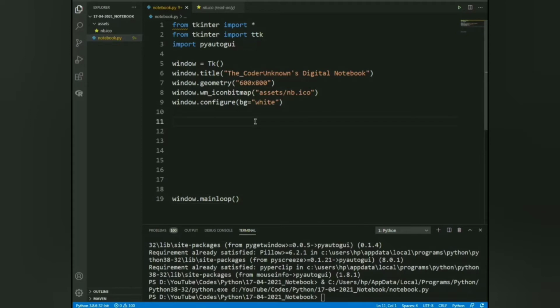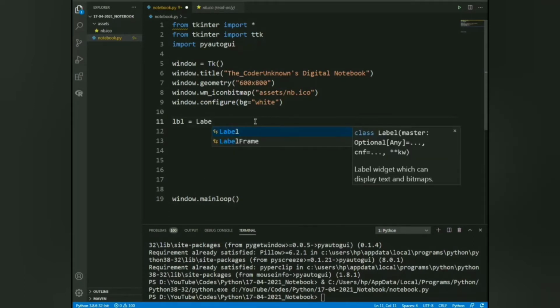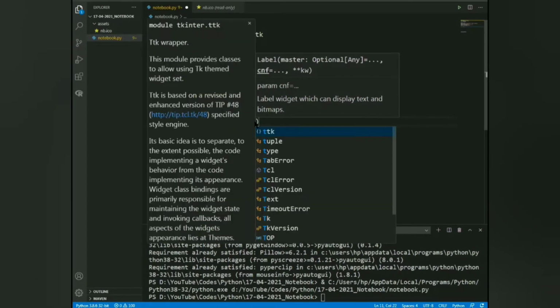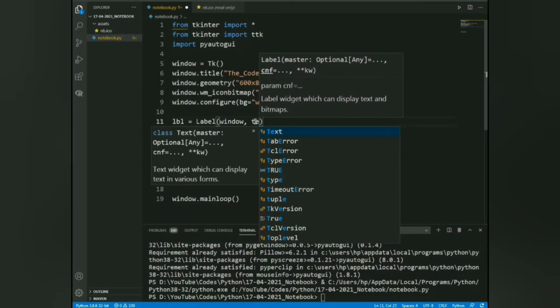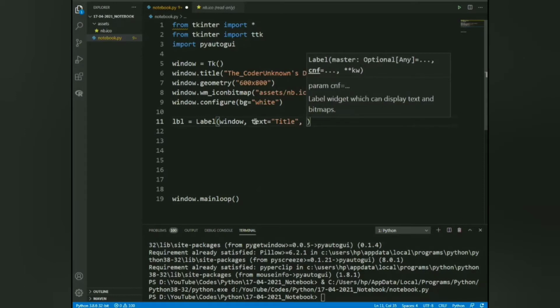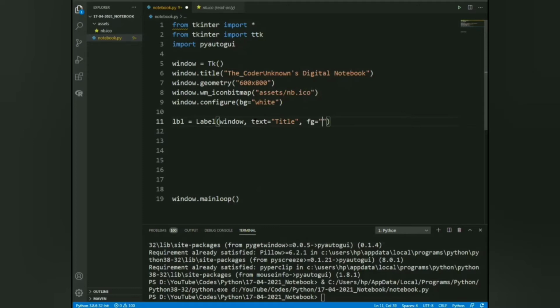Now we'll make a label for our GUI. The label will be inside the window. It will have a text. For now, it will be a title. It will have a foreground of color navy blue.